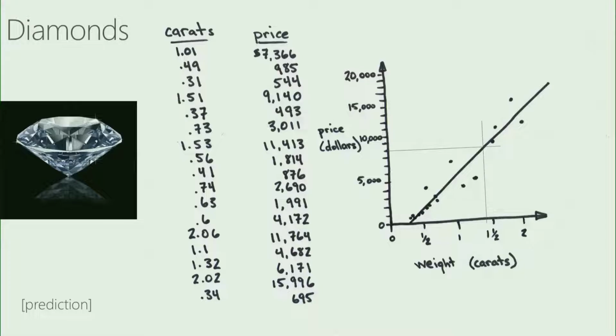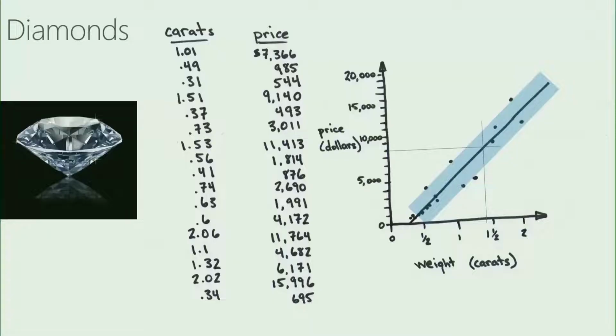That is the answer to my question. How much will a 1.35 carat diamond cost? About $8,000. This is machine learning in action, building a model, making a prediction. It's not any more complicated than that. Now, looking at this, another good follow-up question is, well, okay, none of those dots lie exactly on that line, so I don't expect to pay exactly $8,000, but will it be $8,000 plus or minus 50? Plus or minus 5,000? This will also be really helpful when I'm deciding what to do.